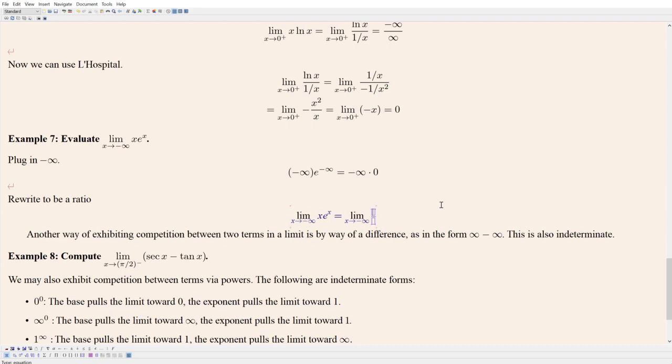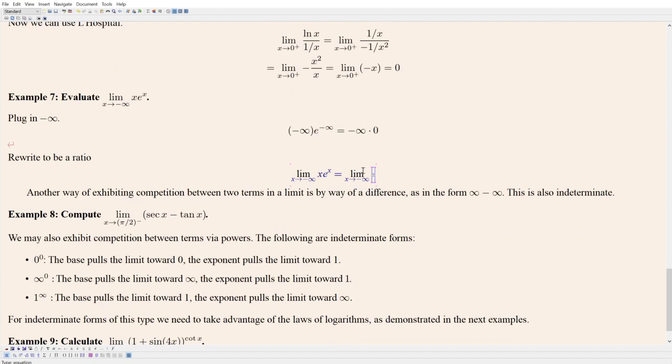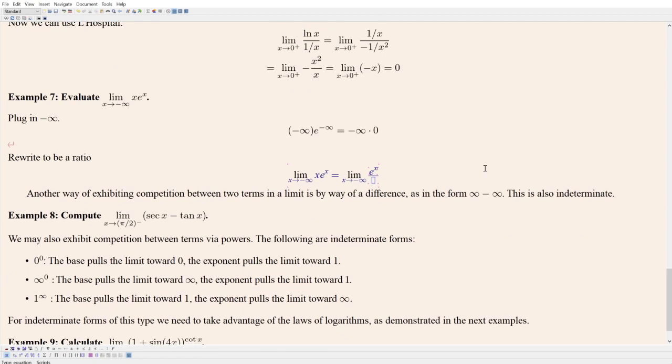Well, based on the previous example, you might think, okay, well, let's take x and rewrite it as 1 over 1 over x, right? Okay, well, indeed, this is going to make L'Hopital applicable, because then e to the negative infinity is 0, 1 over negative infinity is also 0,